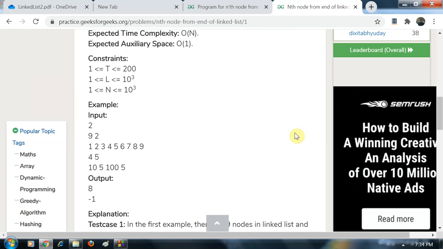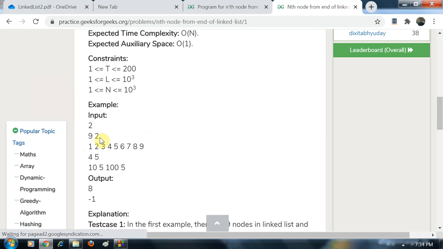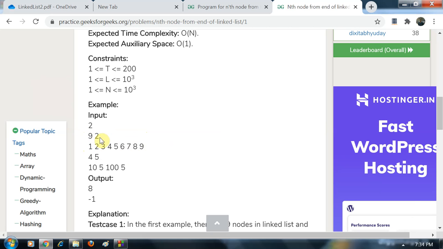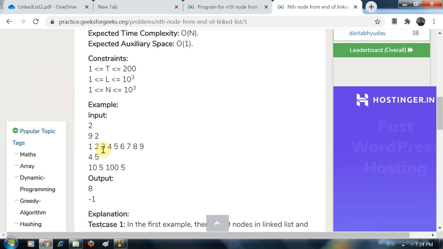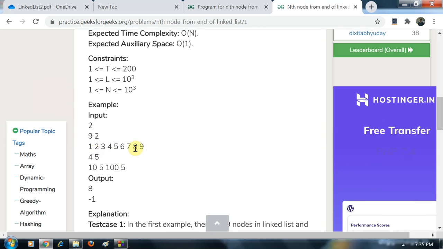If I look from the starting, then I have to print the 7th node. Understand what I want to say? The size is 9, which means there are 9 nodes. We have to print the second last, which means we have to print the 8th node. Sorry, 1 2 3 4 5 6 7 8. Yes, the 8th node.